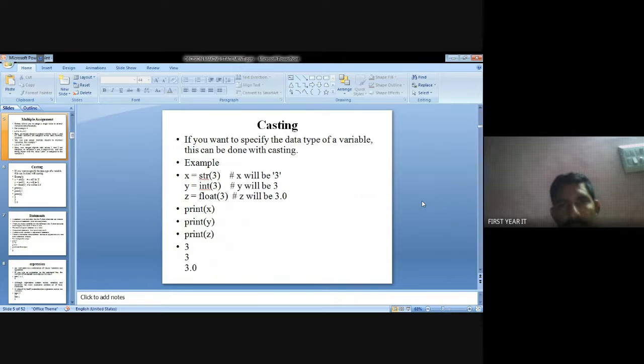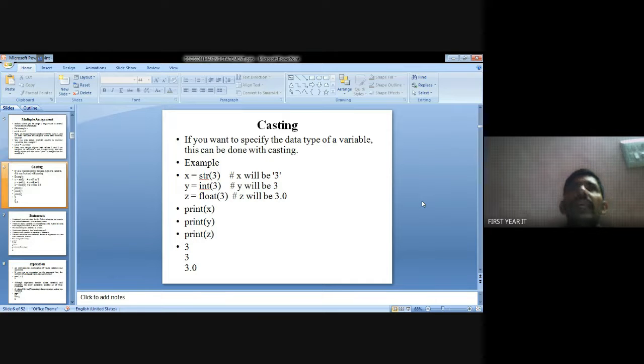Next, casting, which is casting to specified data type variables. This is the first example: x equal to str of 3, y equal to int of 3, z equal to float of 3. Print x means 3. You assign the string variable 3, so x equal to 3.